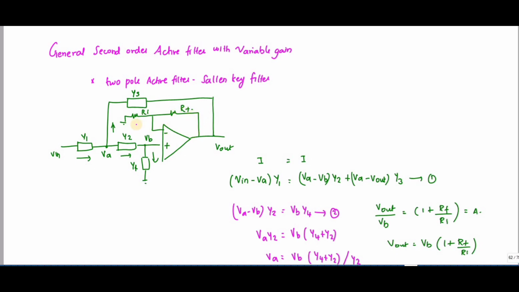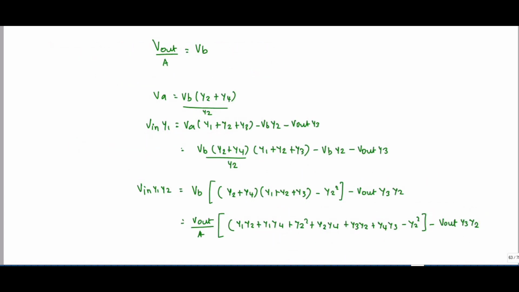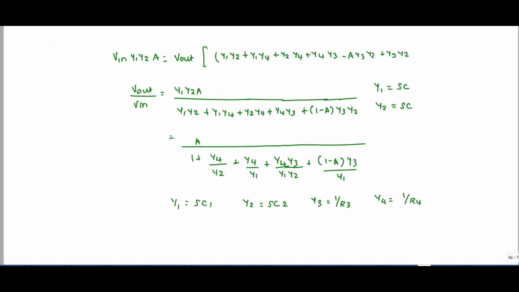a voltage follower circuit, I have added an RI and RF resistor so that for the non-inverting amplifier, Vout I can write as VB into 1 plus RF by RI. Okay, so this value is nothing but A, and you substitute the values and you can identify my